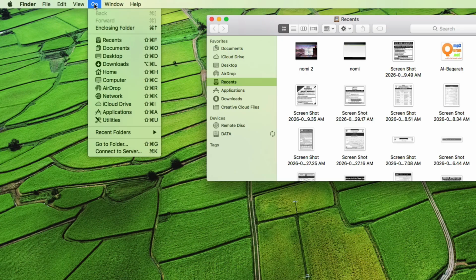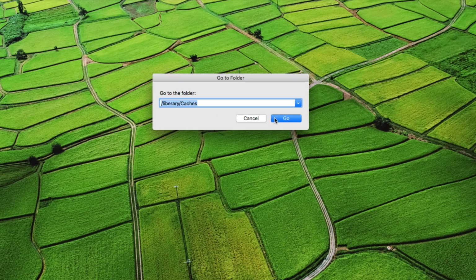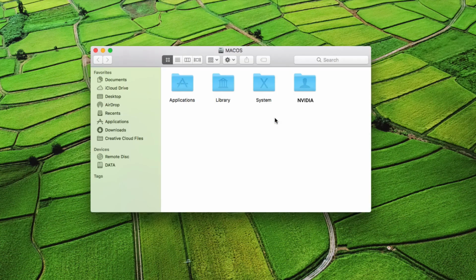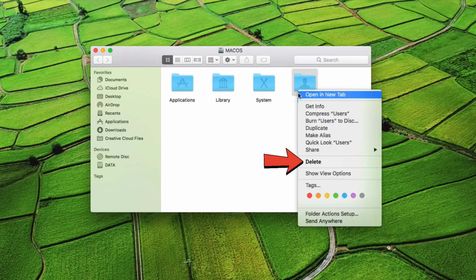Next, clean up leftover files. In Finder, click Go to Folder, and enter ~library/caches. Look for any folders named NVIDIA or NVIDIA GeForce Now. Right-click and delete them. Also check these locations: